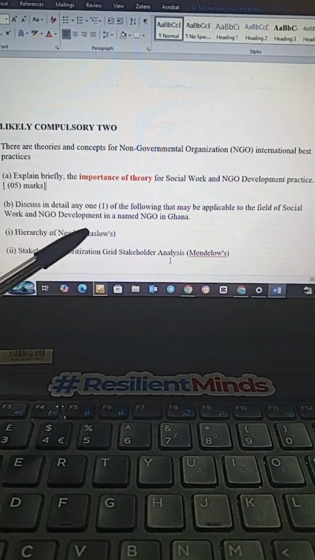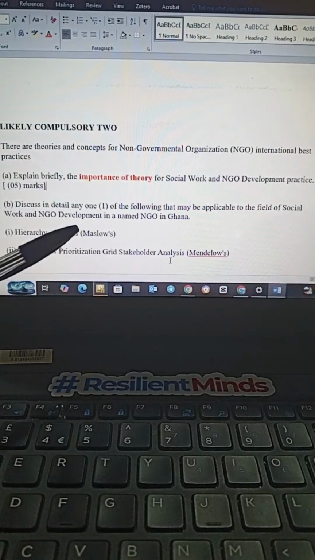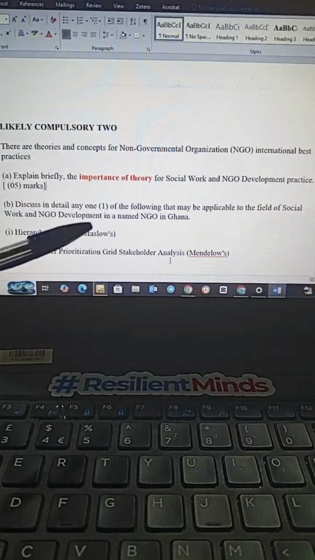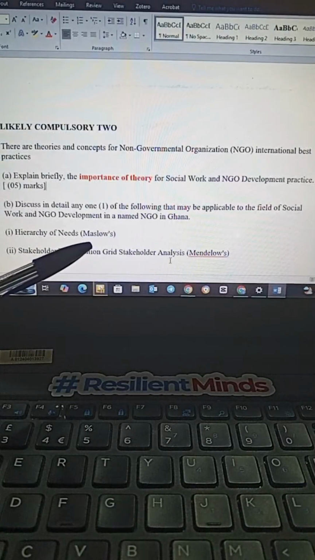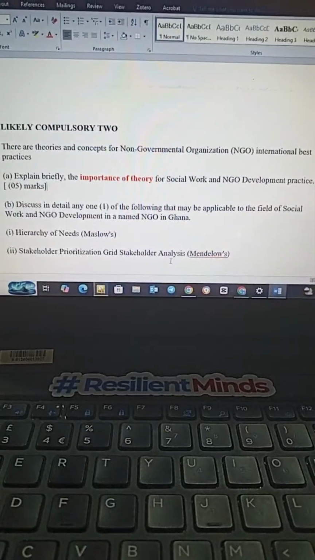So this is a very important thing. As I said, with NGOs, we always go with these two. So this grid helps us to know the power dynamics within the community, and this also helps us to assess the various needs of individuals within the community. Okay, so with the hierarchy of needs, as I said, from physiological to self-actualization, we need to understand each of them. So this is also how we will go with the question number 2.